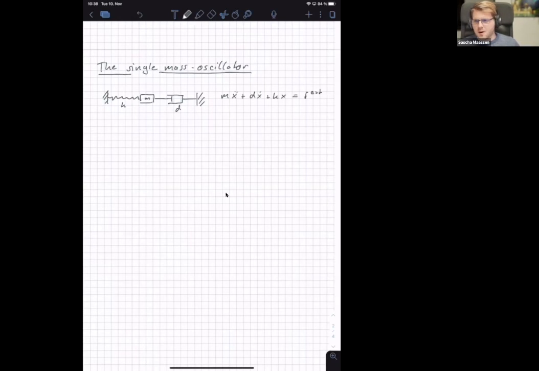Also quite popular, you might recognize. The dot over a quantity in this sense means a differentiation with respect to time. So x dot would be the velocity, the first differentiation of the position with respect to time, and x double dot the acceleration. Further, I've introduced here an external